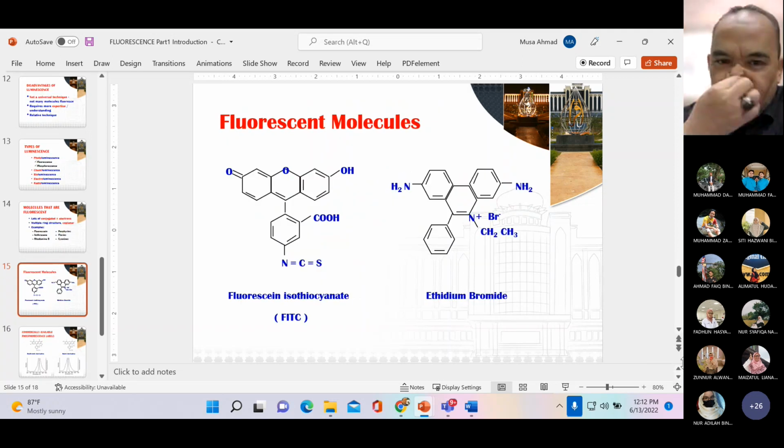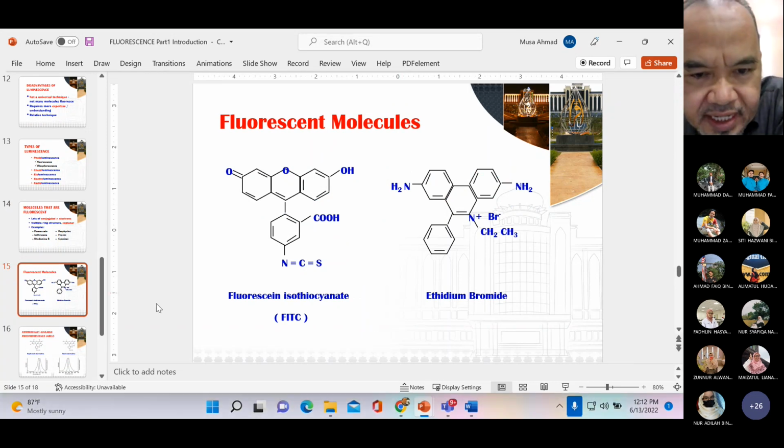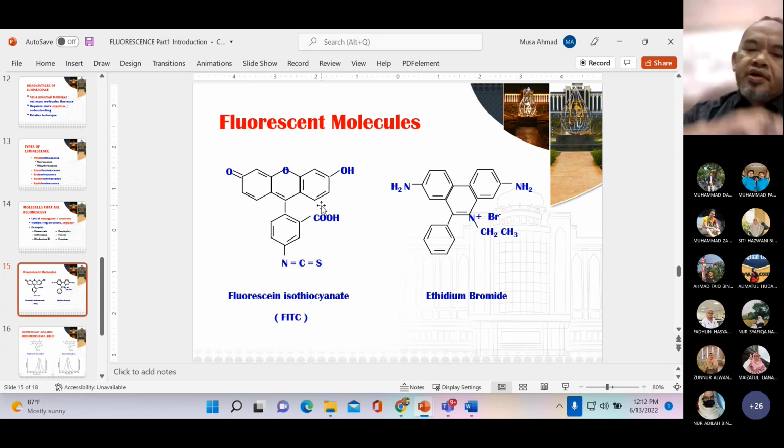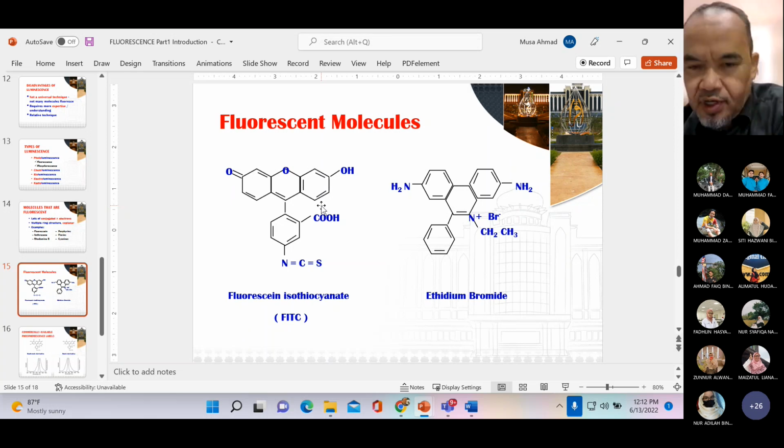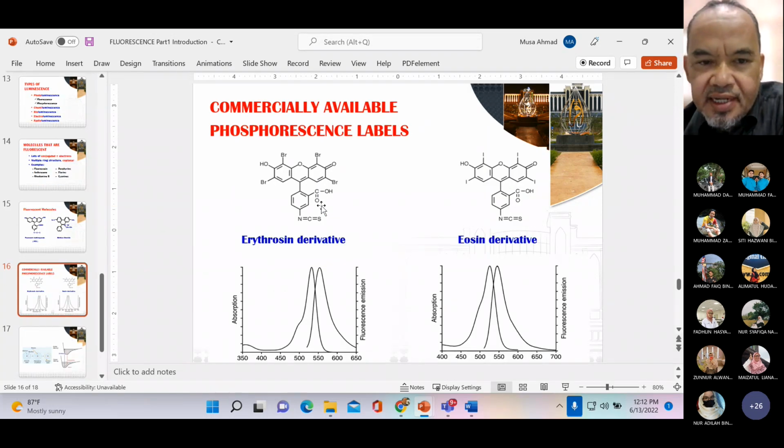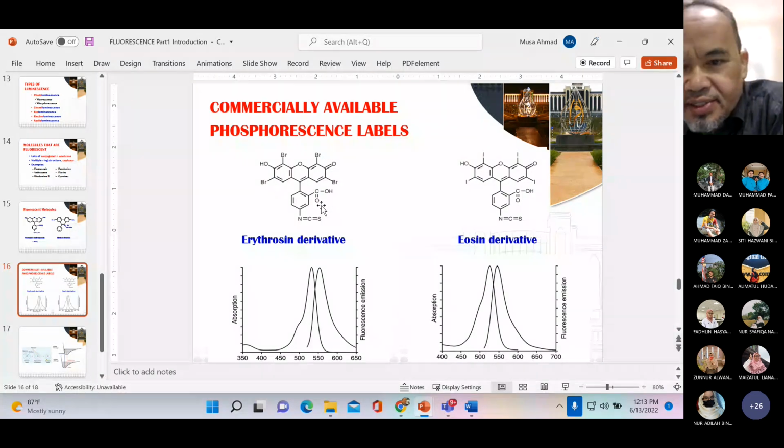This is another example of fluorescent molecule. So fluorescein isothiocyanate. Jadi kalau you lihat ni, a lot of conjugation, isn't it? Double bond, single bond, double bond. Ini semua conjugation, this area. Dia pun conjugation. Dia also conjugation. So that's why actually it's very easy for us to excite electron from this molecule, because the pi electron is going to move around the molecule. Alright. So ini ada another example, erythrosine, the reactive lah. So ini juga dia akan fluoresce. If you look at this, dia akan fluoresce.